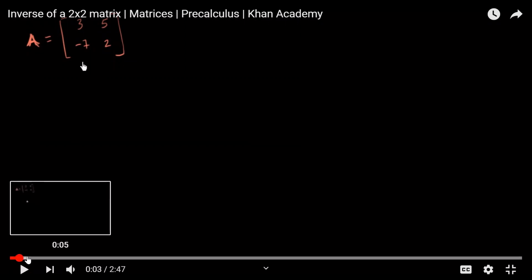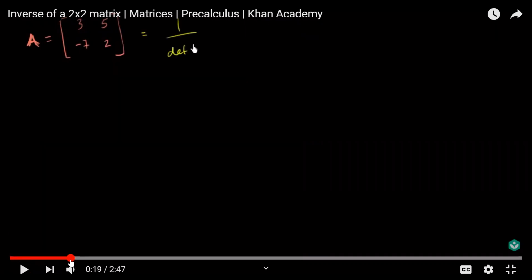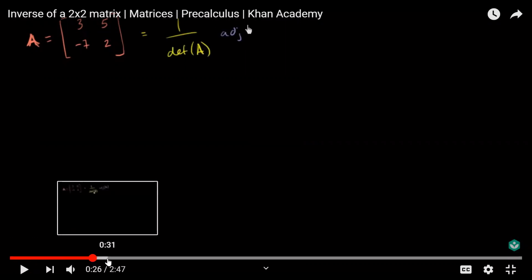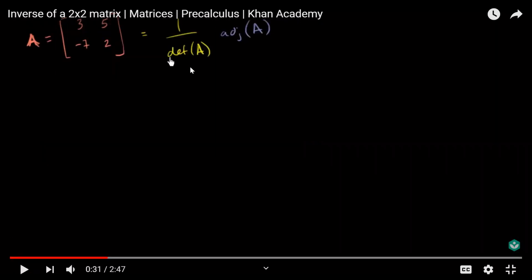And as you will see, the formula that we already know is something like this. So 1 over the determinant of A and adjoint of A. So as you can see, determinant of A is in the denominator. So when you are finding A inverse, it is very important that the determinant of A should not be 0, because anything which comes in the denominator is not acceptable. It is undefined in terms of mathematical language.